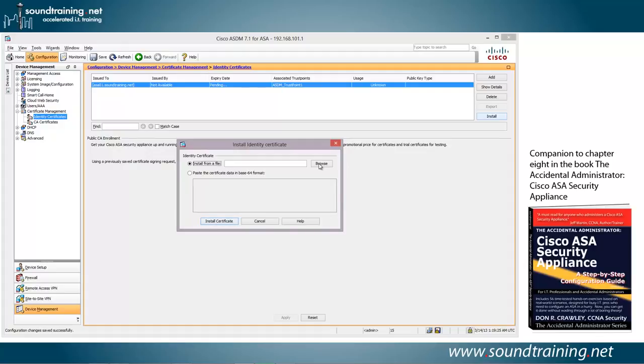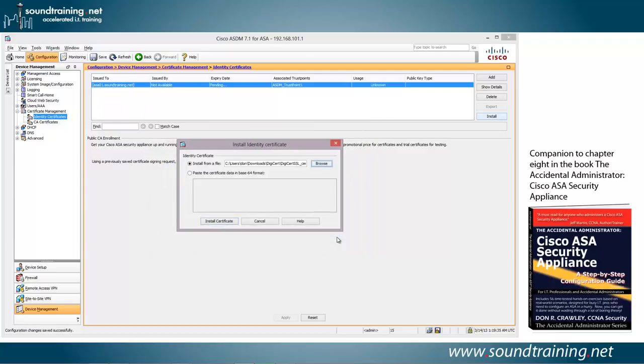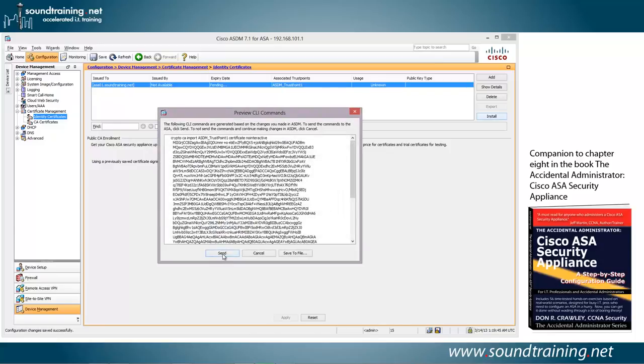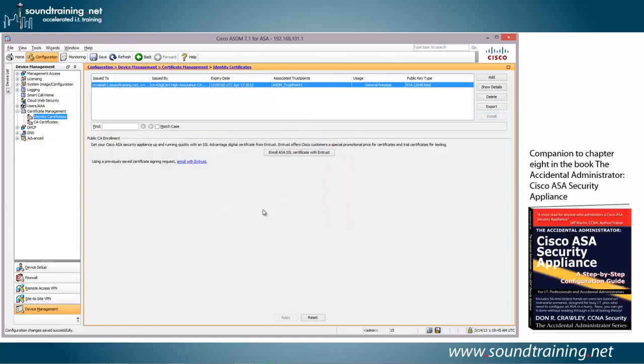So we're going to browse to our old buddies where we had them before. And there is asa01_soundtraining_net. We'll click on Install ID Certificate File. And Install Certificate. Same thing as before, previewing the command. And the certificate import was successful. We'll click on OK. And now, if we take a look up here, you can see that the associated trust